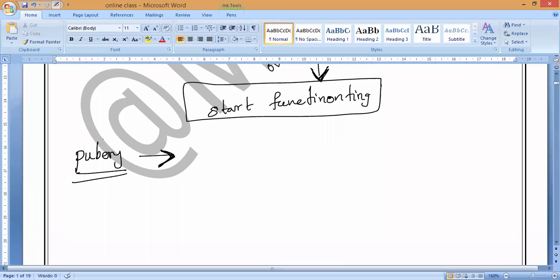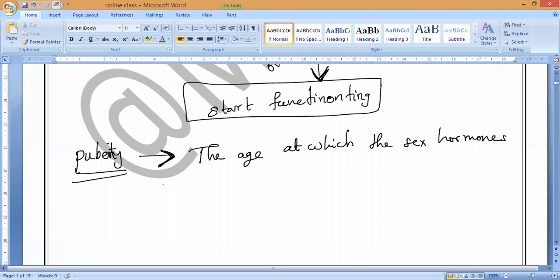Do you understand, everyone? This definition is very important, so please all of you write it. The age at which the sex hormones, or gametes, begin to be produced,